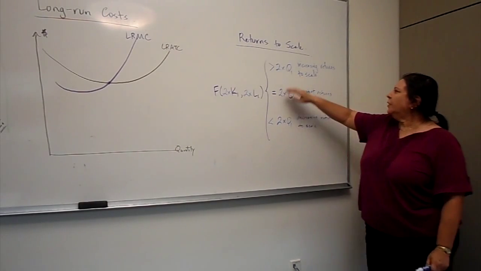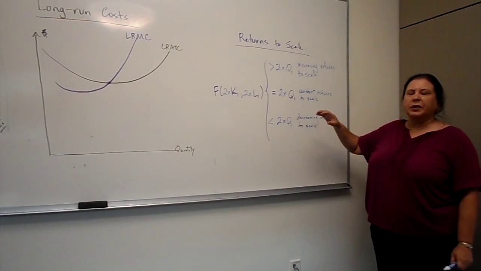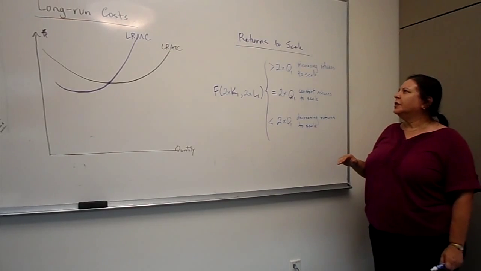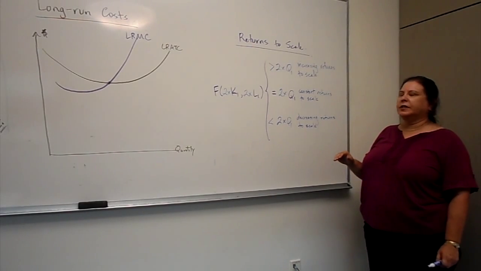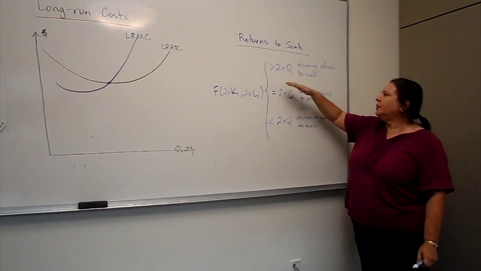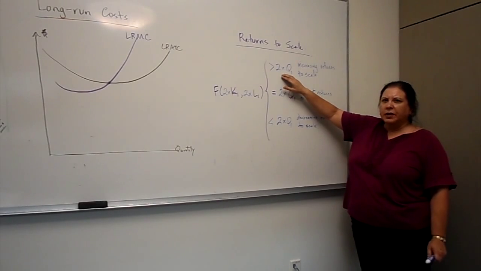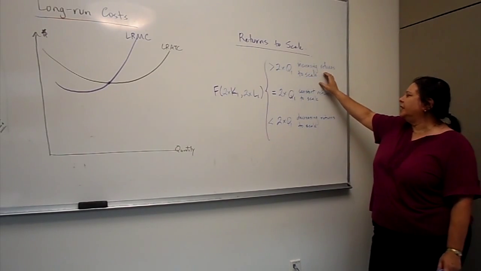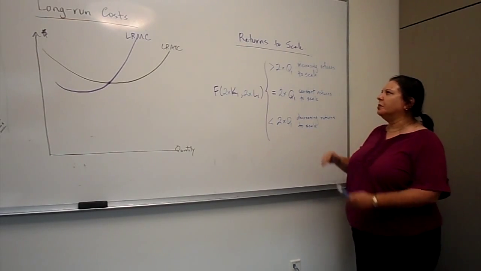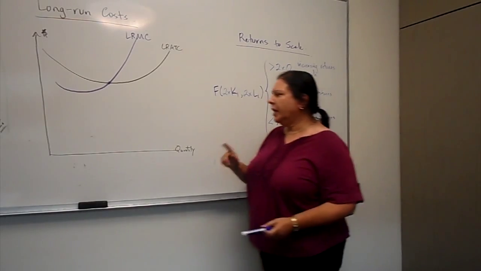Okay. If you have constant returns to scale, as you produce more, as you double the resources, you double the cost, and you just double the quantity, so your average total cost stays the same. If you have increasing returns to scale, now you double the cost because you double the resources, but you more than double the output, so your per unit cost is going down. And if you have decreasing returns to scale, as you produce more, your average total cost is going to be going up. So what you get